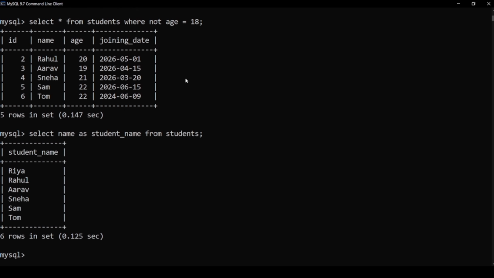So what does it do? My column name is what? It was name. Now I changed it to student underscore name. So name was my original column name, and student_name is the temporary name which is shown in the output. So this will help make the output easier to understand. So as is basically giving a temporary name.